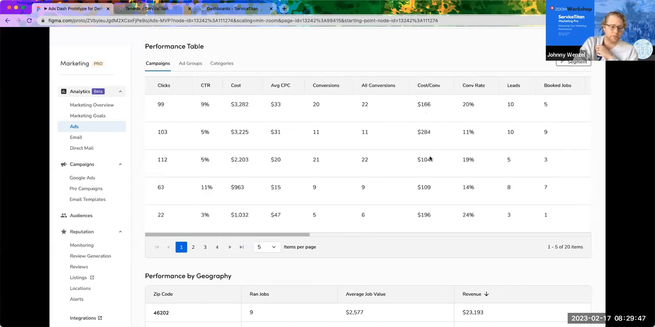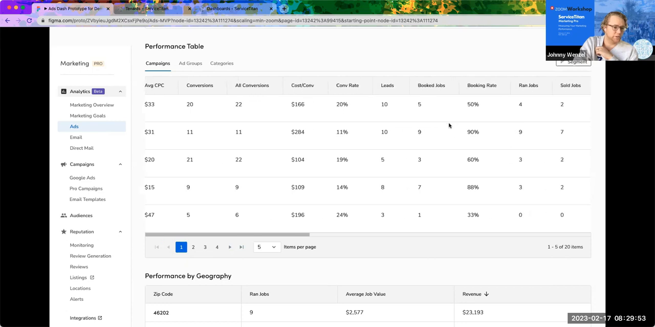Which again, just looking at the previous metrics of how much it is costing to get a call, you wouldn't be able to determine that. You need to look at the whole picture. You could look at another scenario